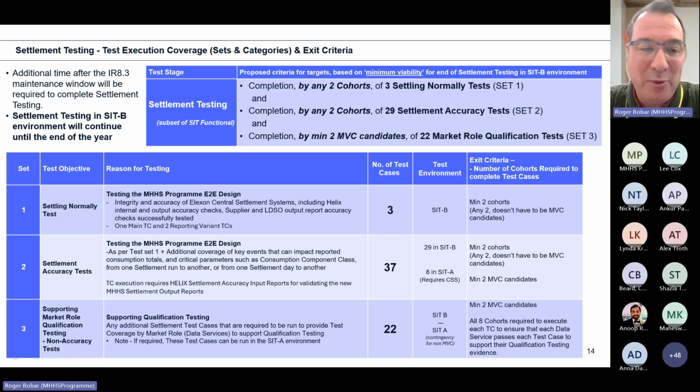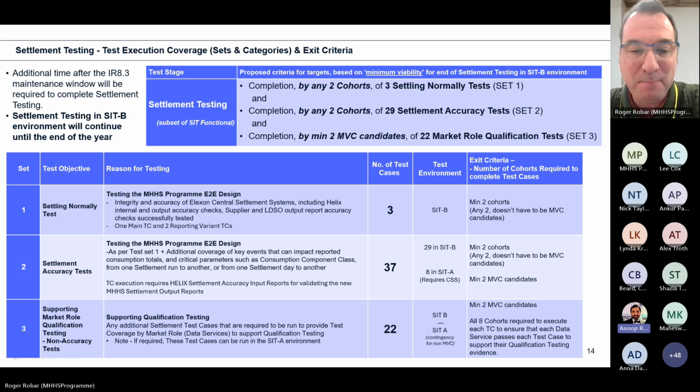I think I misspoke around settling normally. It's the one that we've been able to run so far that is required for qualification. We have not been able to run the subset of set 3 because SIT A has been taken up by functional migration. You're absolutely right. So basically, it's 22 plus 3, 25 scenarios is what we have to all run to ensure we qualify. Am I right? I think there's a subset of these 22 that are only able to be run in SIT A. It's not all.